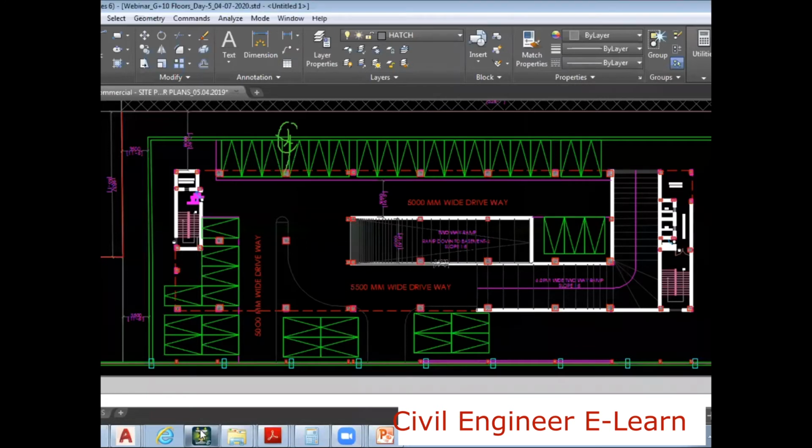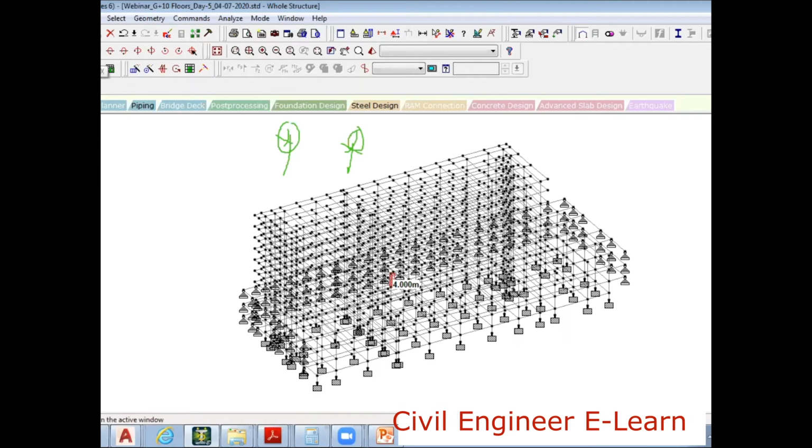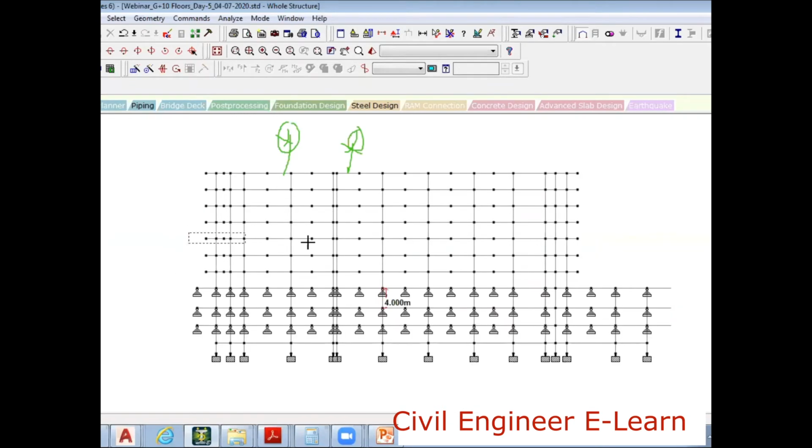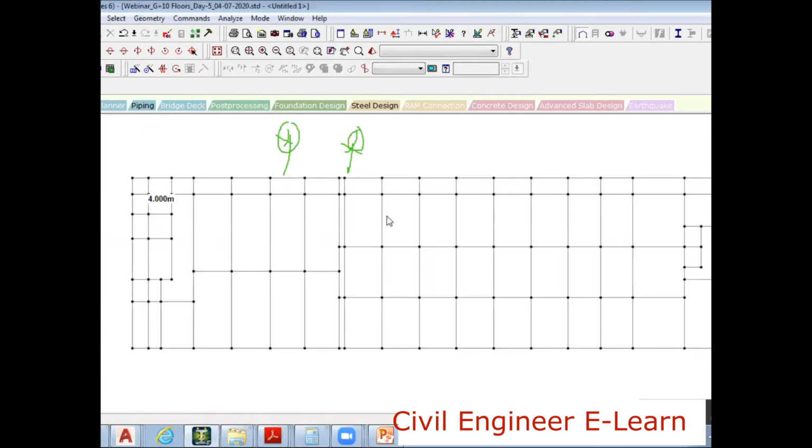Yes, I'll go to this structure, the whole structure. Let me check it. I can take any level here. Let me take this as a level. I'm just taking this level, right click. I can say new view, plan view, and then see this. This portion is a corridor: 2 meters here, 2 meters here, 2 meters here, and then 2 meters here.